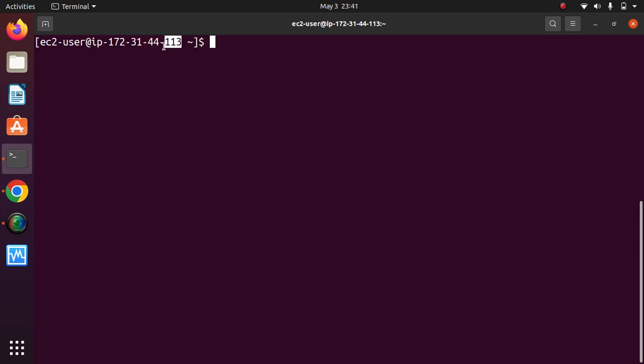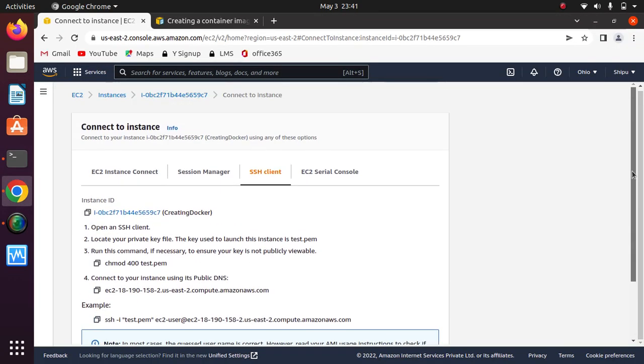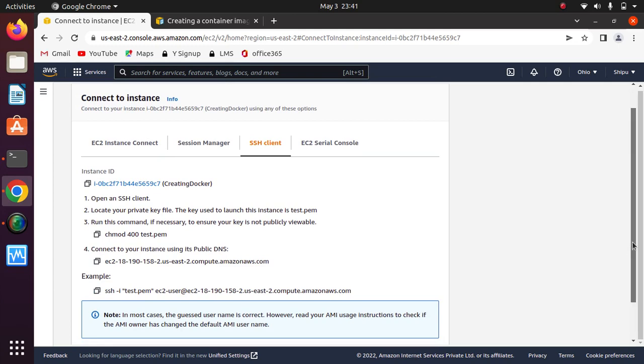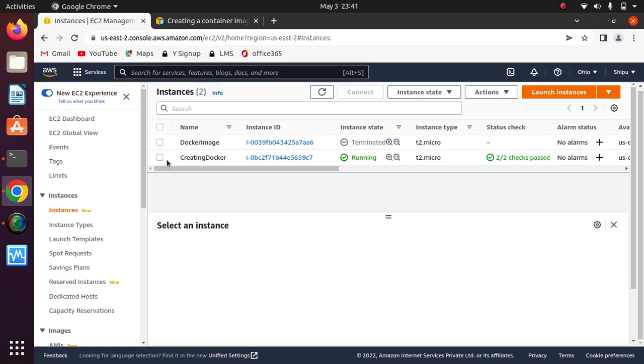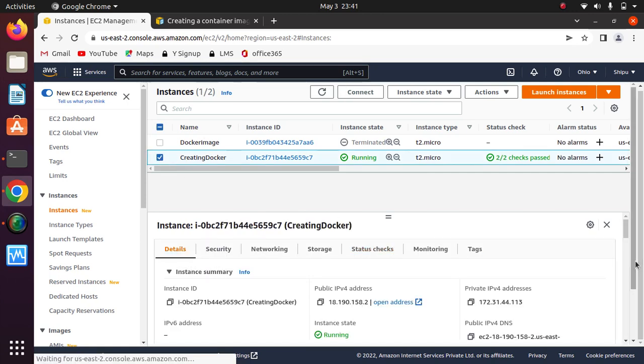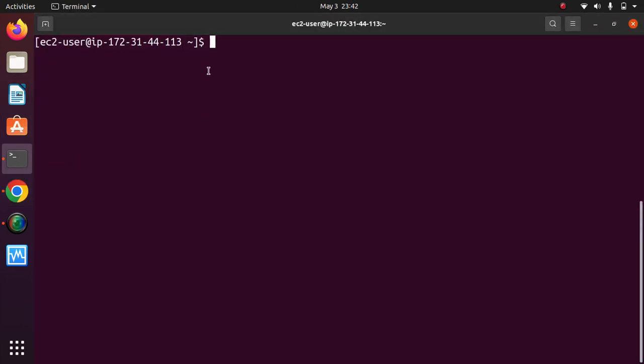So you can identify your instance easily. Click here and you can see that private IP address, 44.113. And now what we have to do,